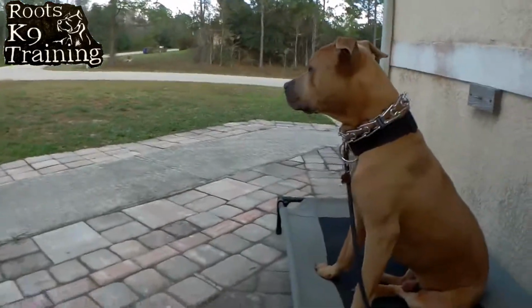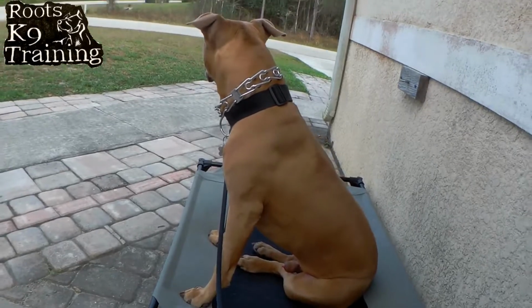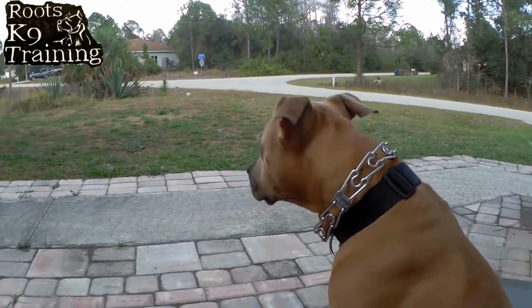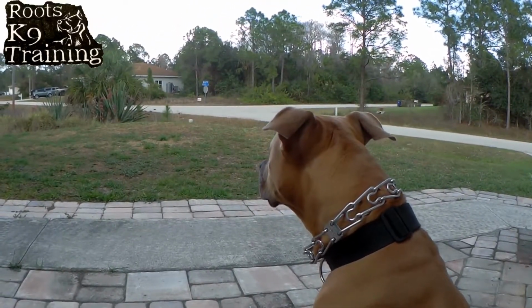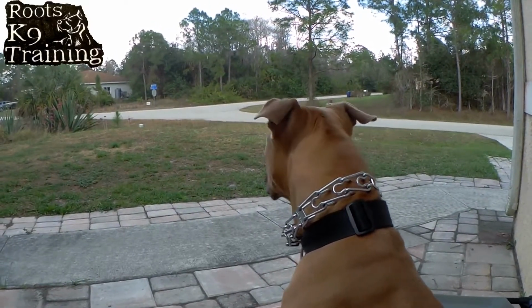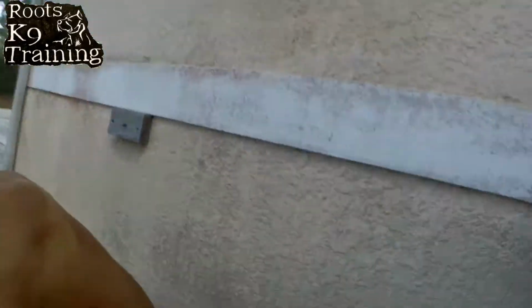That's also why we're out here, is just when you take a dog outside, period, they're going to be more attentive. They're going to be more like this. Inside, if I put him on place, he's going to pretty much lay right down within a minute or two. You see, now his ears are forward, see? It's hard to tell because his ears are a little different in shape, but that is pretty much when his ears are up. So that's when he's going to be a little more attentive. Right there, see, his ears are up. For him, they're kind of to the side, but they're up. That's what you're looking for. So he's going to be more like that out here. He's going to be more